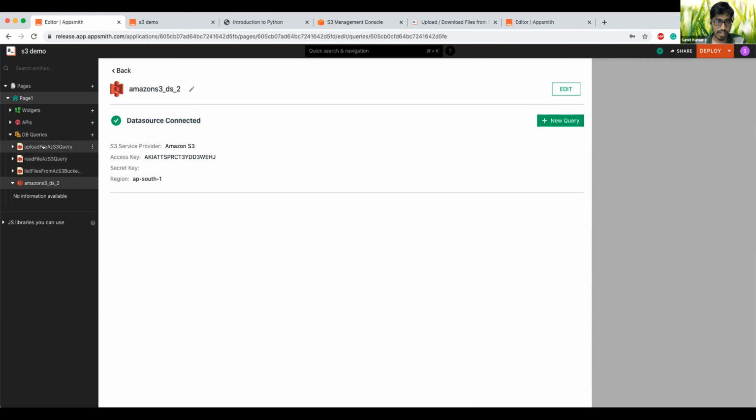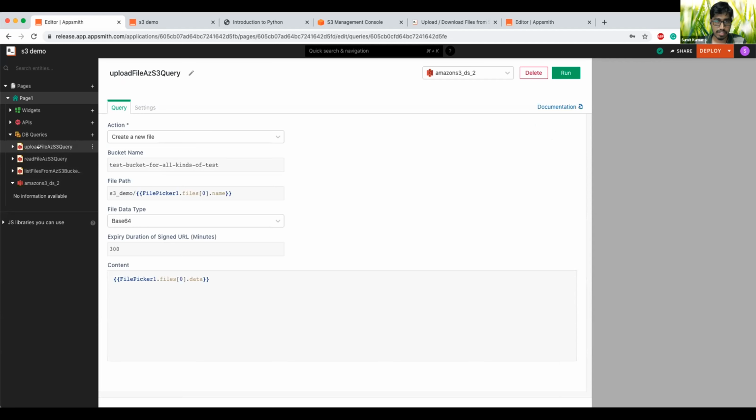What I have done is create 3 queries. This you can see is an upload file query. What it does is it takes a file and uploads it to the Amazon S3 bucket. You choose the action as create a new file. Here you provide the bucket name.